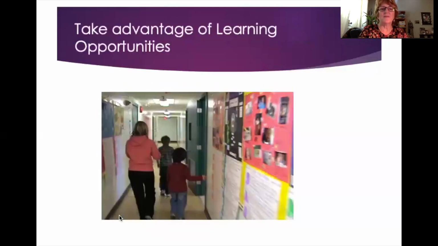Okay. So in this video, you will see a student walking with their aide. The student in the front is the child with autism, and his friend is walking behind him there. And this is an example of taking advantage, an ABA support worker or an EA that understands everything that needs to be worked on all the time, taking advantage of every learning opportunity.